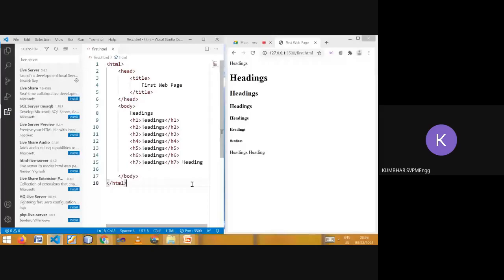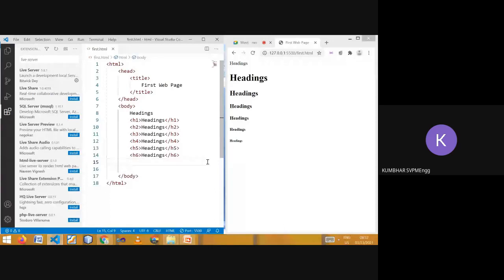Both are looking the same. I'm not able to see your screen, so please someone unmute and say. Yes, sir. So H7 is not there. It doesn't put any effect. Six heading tags are there: H1, H2, H3, H4, H5, H6.